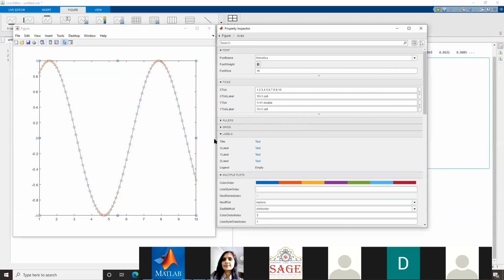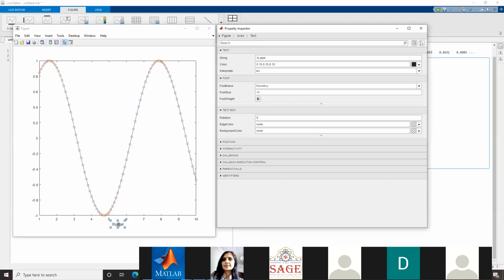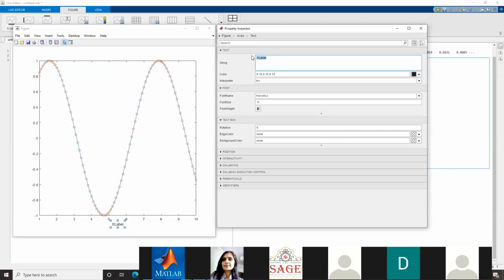They have changed the text. So if I want to add any x label, a description about the x-axis, then I have to go into the x label, and there I can give the name in the string part. Say this is denoting the time interval.